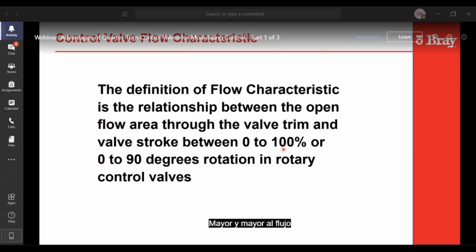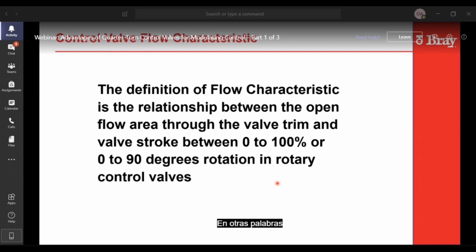So the relationship between the stroke and the area that's opened allows your control of the flow. Linear valves typically stroke very short, from like 3/4 of an inch up to maybe 3 1/8 of an inch, whereas quarter turn valves are always 0 to 90 degrees.